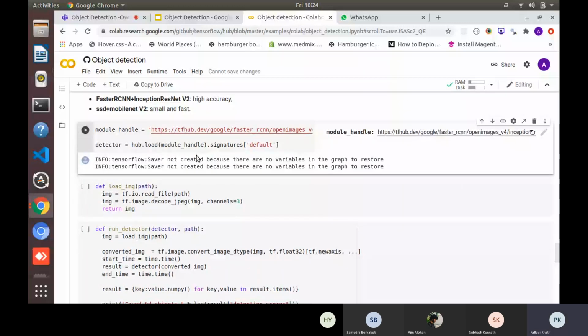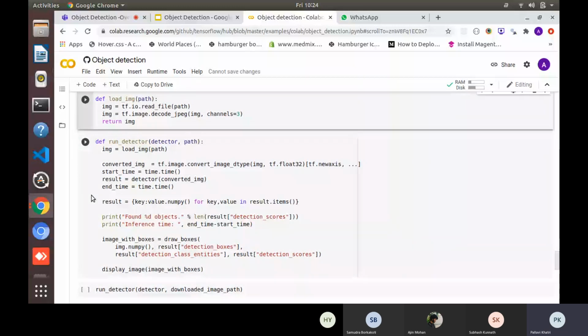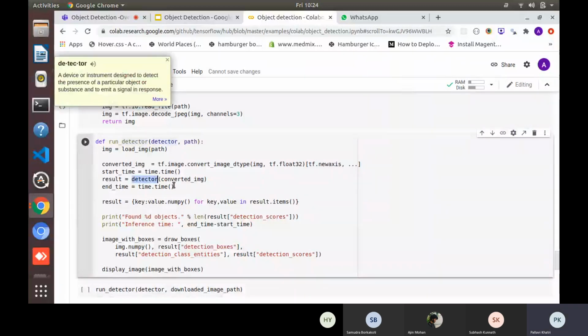Now there is another function to load an image. This is some pre-processing happening on the image. Then there is a function to run the detector. What it does is it will load an image from some path, convert the image, and then run the detector function on that converted image.